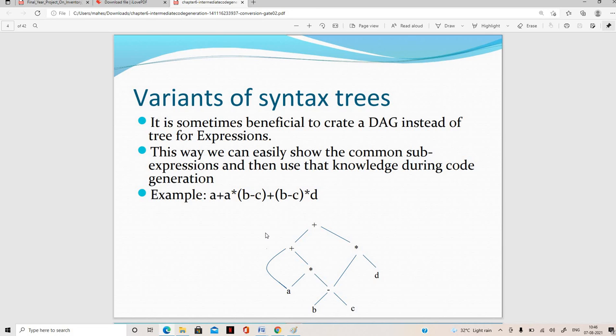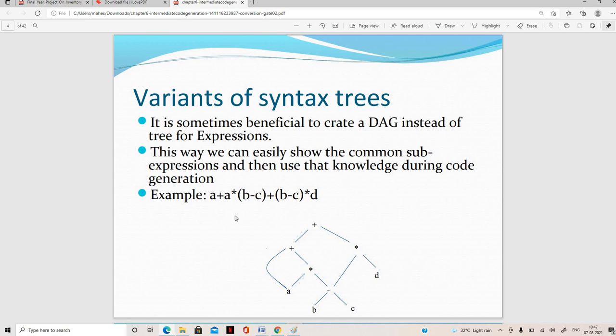So in this directed acyclic graph, what we are going to do is construct the parse tree, the normal tree only. But here the advantage is we can go with sub expressions and common sub expressions. So if you are having the same expressions in a number of places, in that situation we can define the common things only. When you observe in this example, A I am having common, and B minus C is also common.